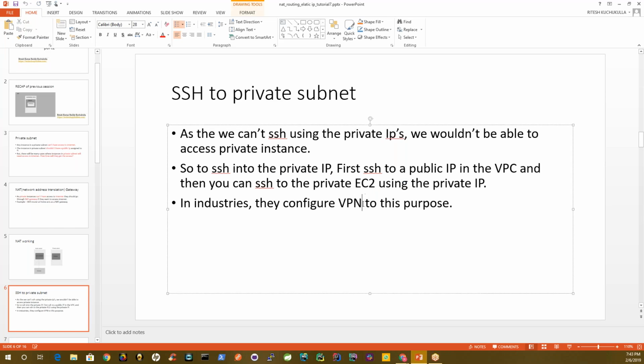If you want to learn more on setting up a VPN and how it works, you can look into Tritonal. Tritonal is also a VPN provider, and it's very easy to get a kickstart, to get a basic structure on how to actually SSH to a private instance without setting up any